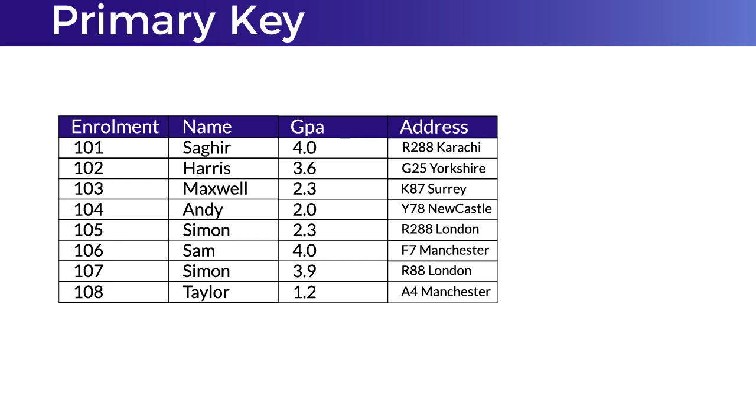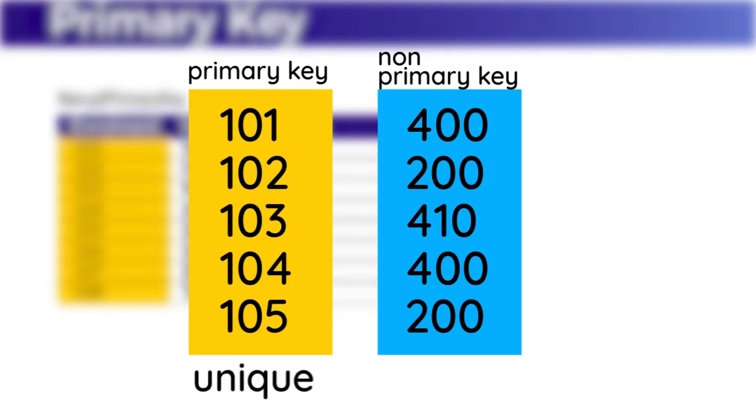The table also has a column of enrollment number, which, after looking carefully, does not repeat itself, so we can easily make this a natural primary key. The function of a natural primary key is to fetch a record just by giving that particular key. Suppose we want to fetch the record of Simon with 2.3 GPA, we can just fetch it through its primary key of 104. If we were searching by name, there are two Simons, but the enrollment number does not repeat itself. The primary key has to be unique. Each record has to be unique from the others.